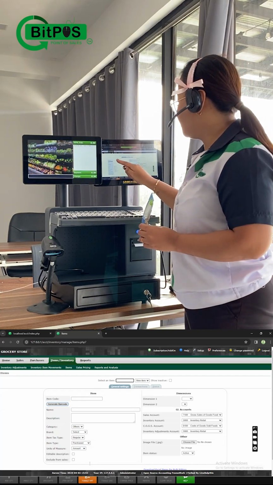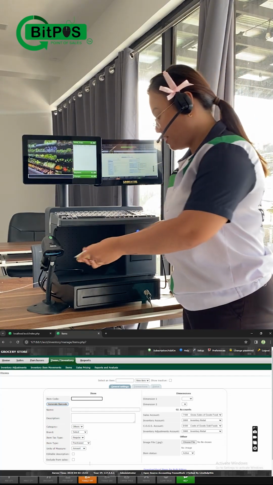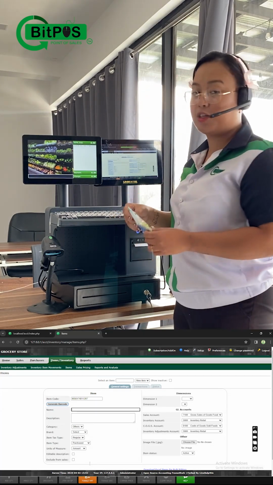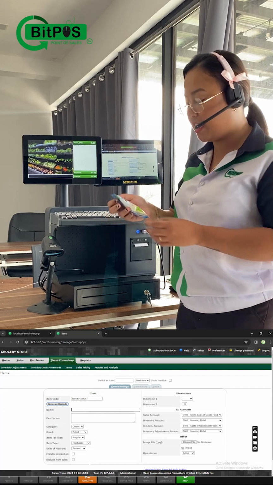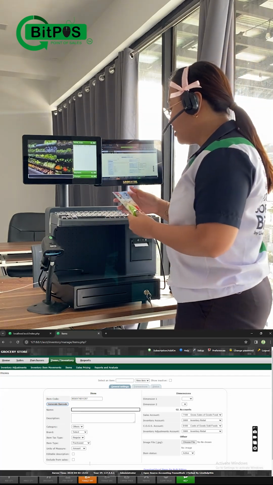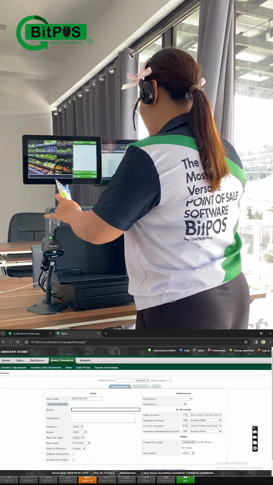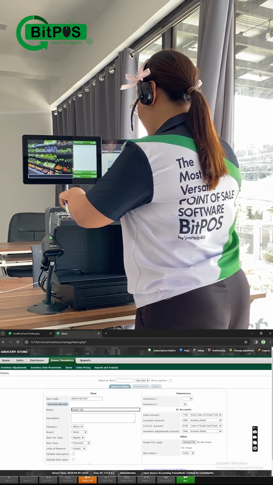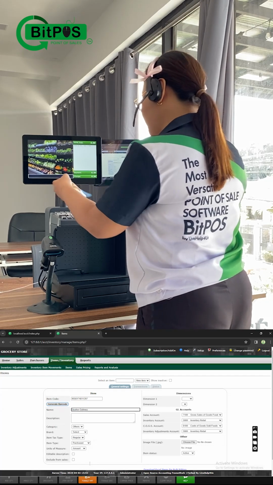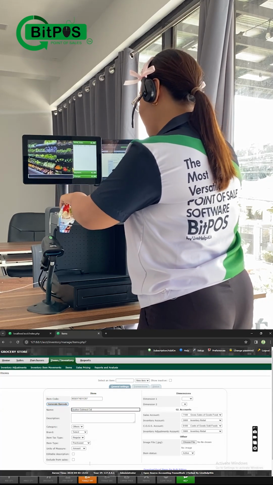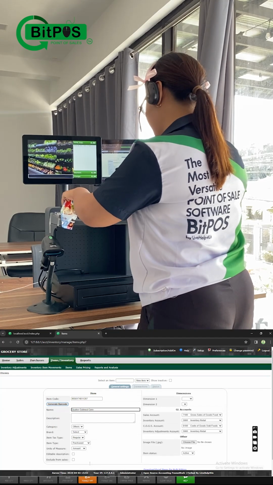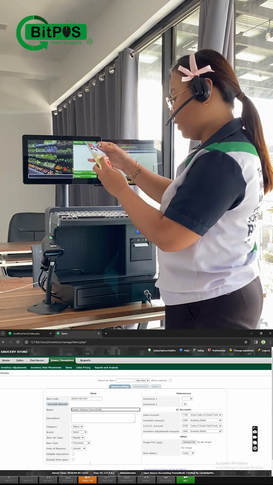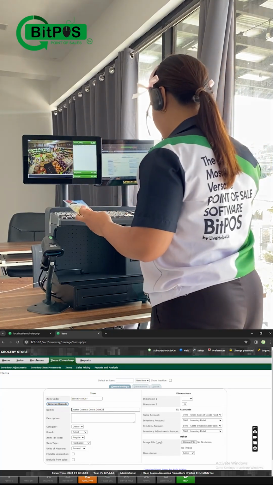So the first step that I have to do is tap this, scan it, and then input the name and the description. The name and the description should be the same. I'll just input it using the meta description process. We have here Quaker, the brand, oatmeal, the type, cereal drink, and do not forget the size, which is 29 grams.